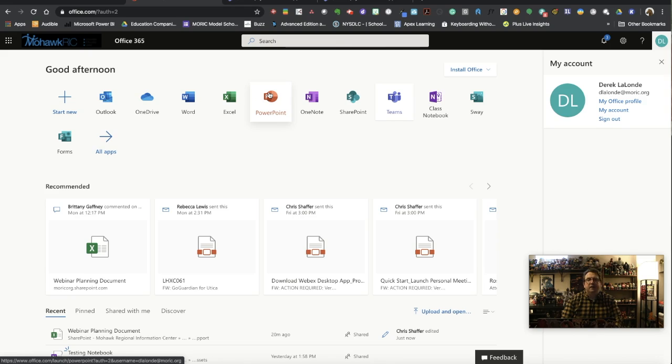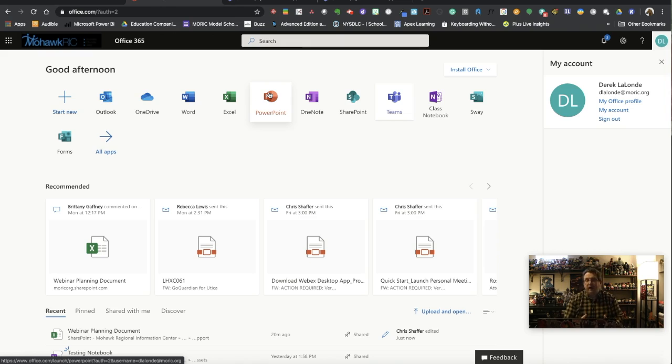And today, what I want to talk to everybody about is Microsoft Teams. Now, for those of you that are already familiar with Microsoft Teams, it's a great way to collaborate with coworkers on different projects, service areas, things of that nature. But there is another portion of it that we can actually use with our students, and that's what we're going to talk about today. It's going through kind of the initial setup of getting a Microsoft team ready to go